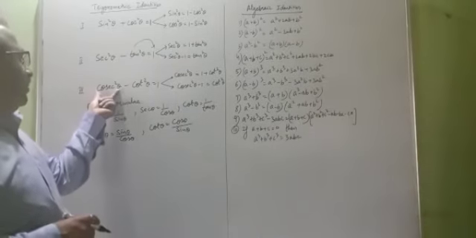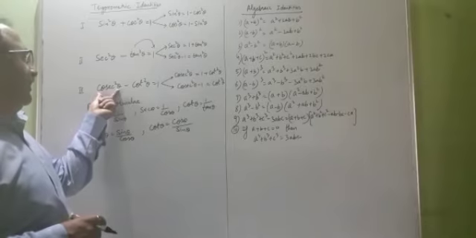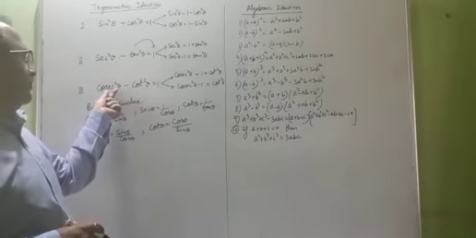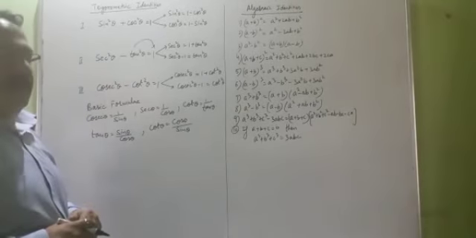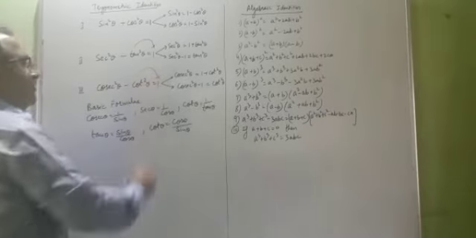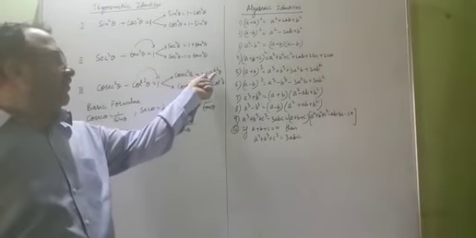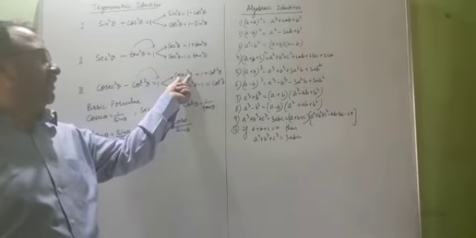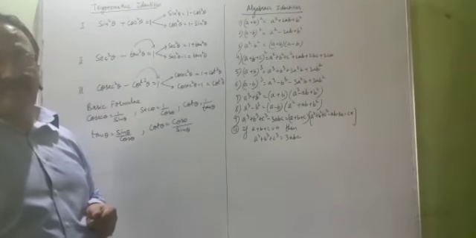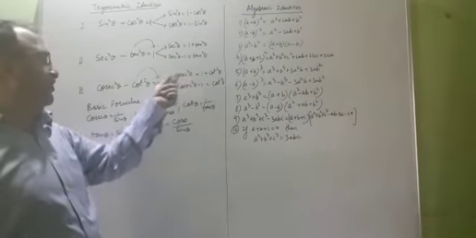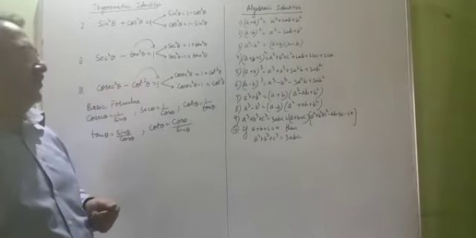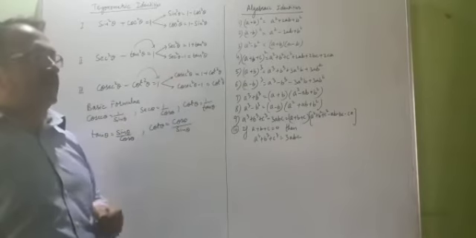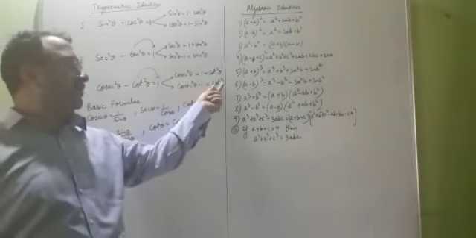Similarly, the third one, cosecant square theta minus cot square theta equal to 1, or 1 can be written as cosec square minus cot square. Now if you shift this cot square to this side, you get cosec square theta equal to 1 plus cot square theta, or 1 plus cot square theta can be written as cosec square. So in some questions, the formula can be used as cosec square minus cot square equal to 1. In some questions, it will be in this form. If you are getting 1 plus cot square, then you have to write cosec square. Similarly, cosec square minus 1 can be written as cot square.